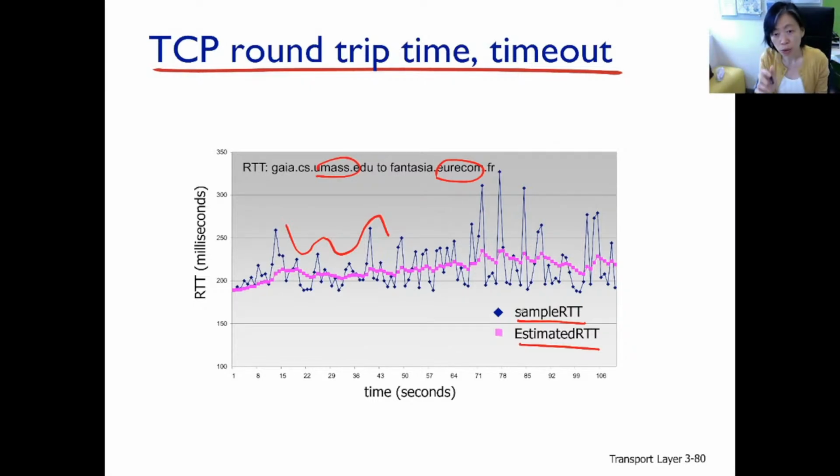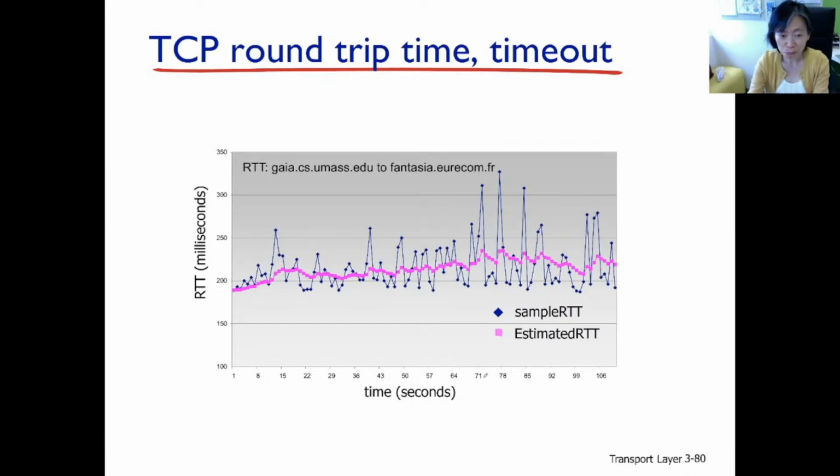And you see also, generally as time goes along, the round trip time tends to be longer. So the pink one, the smooth average RTT, is tracking the increase of the RTT relatively well. But be careful here. The estimated RTT is definitely not quite yet the timeout interval used by TCP.